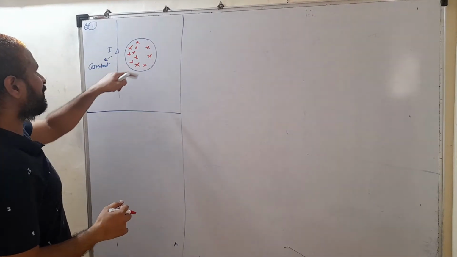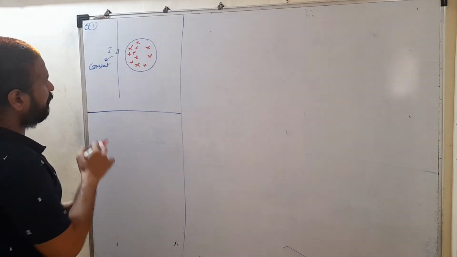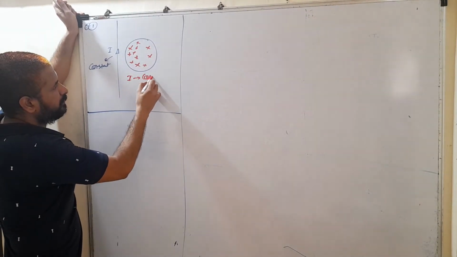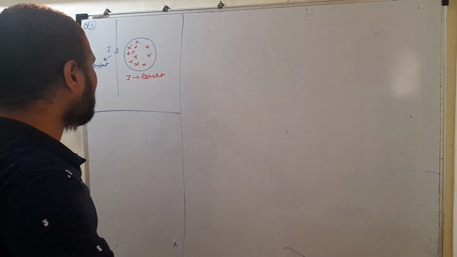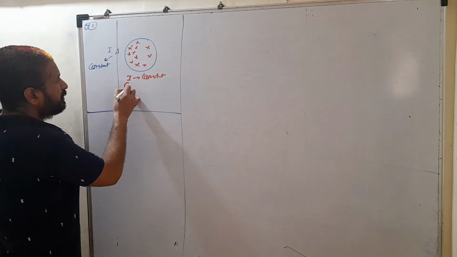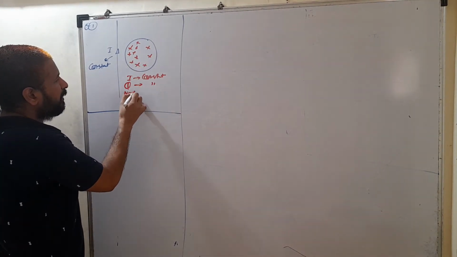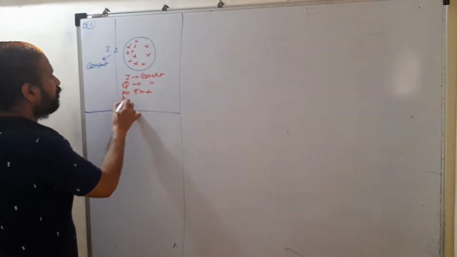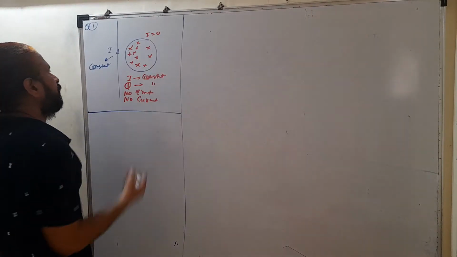Now if current is constant, will the flux here change, or is the flux also constant because of constant current? If current is constant, the magnetic field is not going to change. So whatever flux is there, that flux is also constant. So no EMF is induced, so no current. तो इसमें कोई current flow नहीं करेगा.